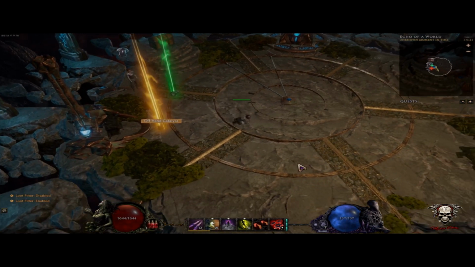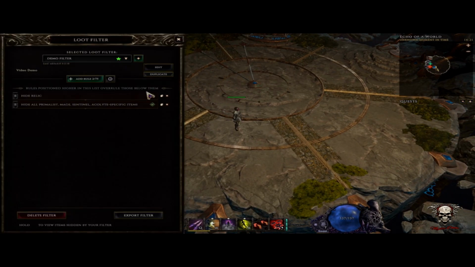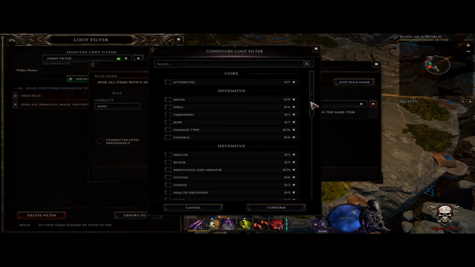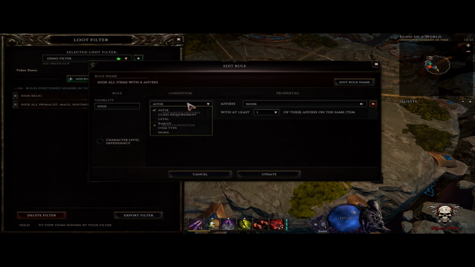So you can do this for basically everything in the game that you can think of, whether it's an affix. So if it was an affix, you could, you know, melee with cold damage or anything like that, or class requirements, like I mentioned, level. Now, levels don't work the same in Last Epoch